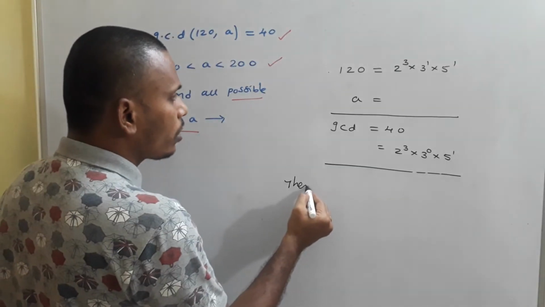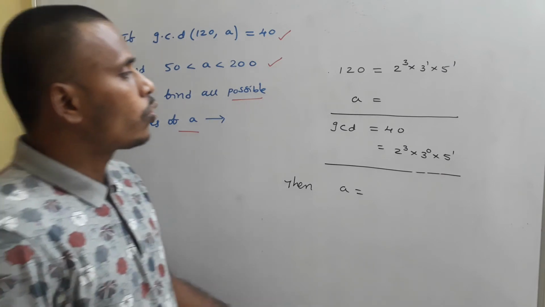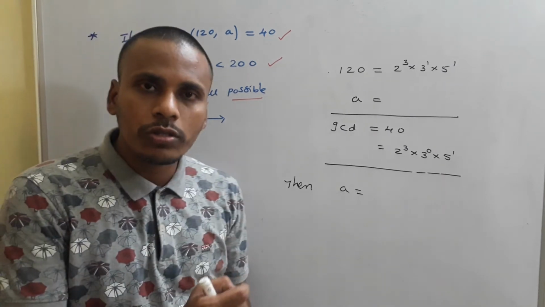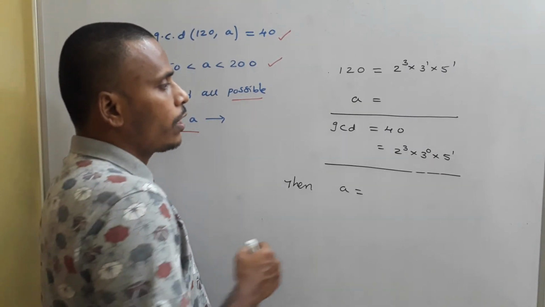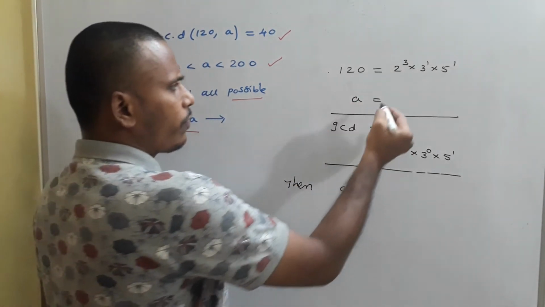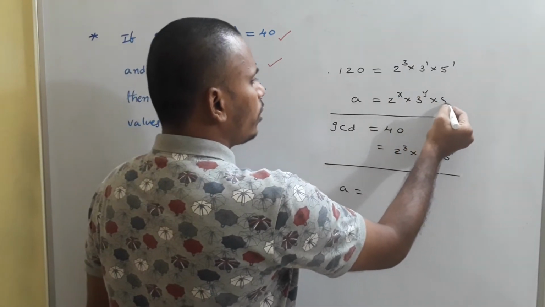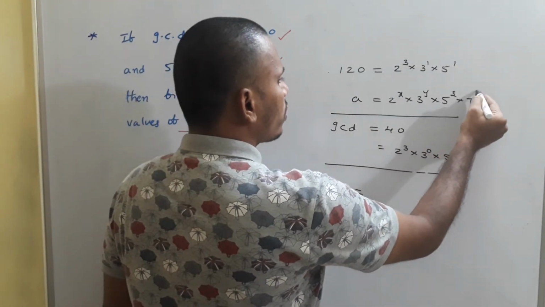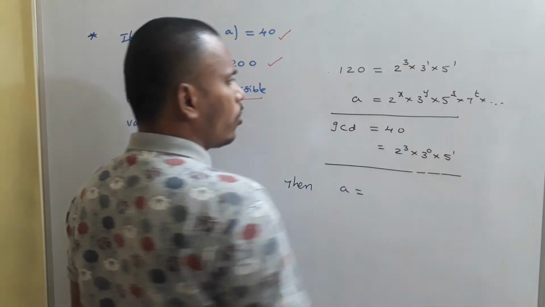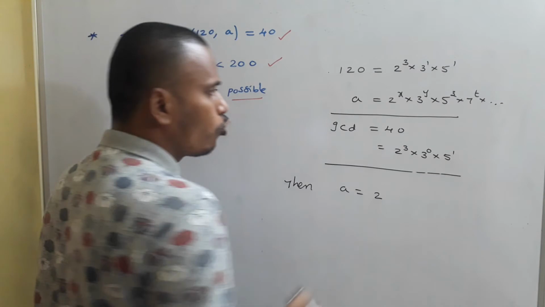Then what do you think about A? For the GCD we will use the minimum power. Since 2 cube is involved, for A we just take it as some 2 power x into 3 power y into 5 power z into 7 power t into something. If you take it like that, then what do you say about A? A is equal to 2 power